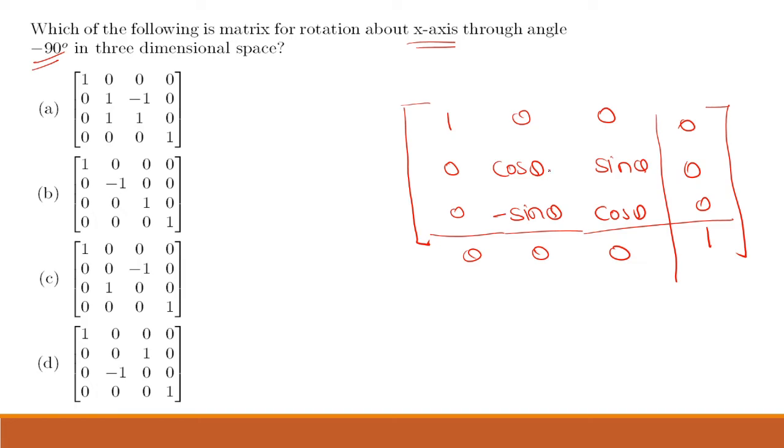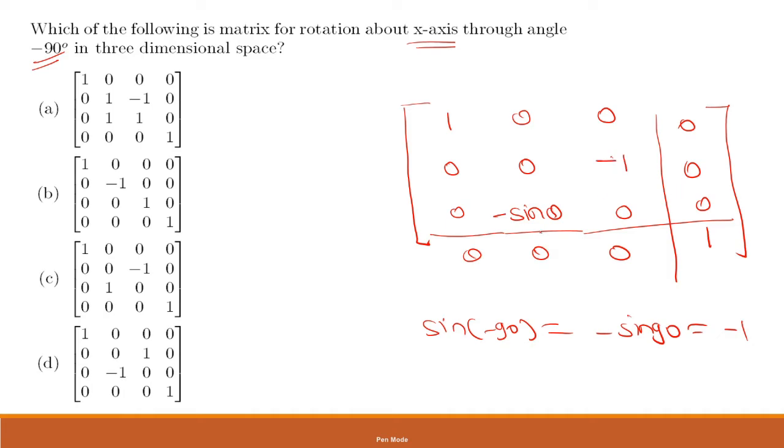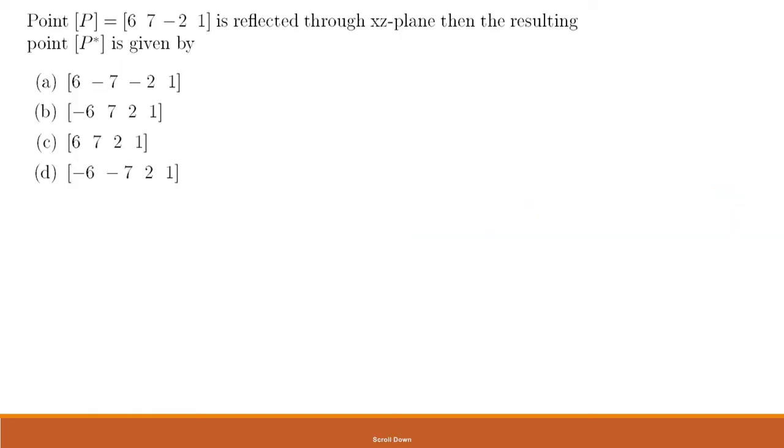So what is the value of cos of minus 90 degree? We know cos minus 90 is 0. Okay, so this will be 0, and again cos minus 90 is done. Now sin minus 90. So sin minus 90 is the same as minus sin 90, and sin 90 is nothing but 1. Okay, so this is minus 1. So the value of this sin theta will be minus 1, and here minus minus becomes plus. So this will become plus 1. So you can see which option will be correct. You can see option C will be the correct. Okay, now let us see the next one.